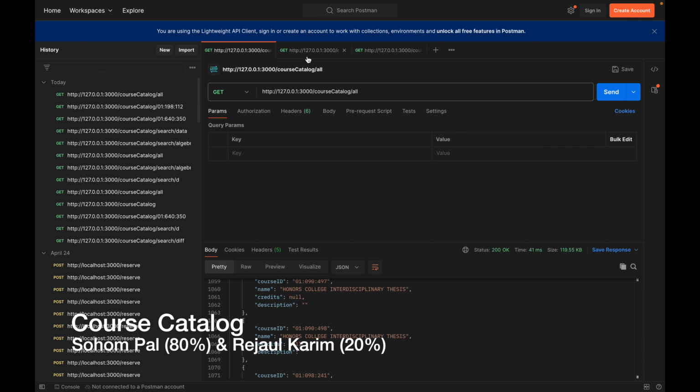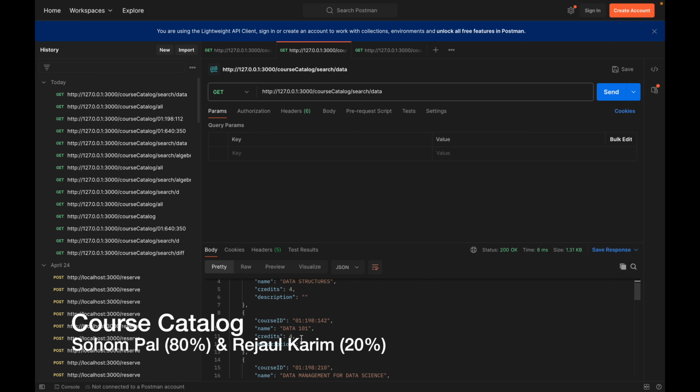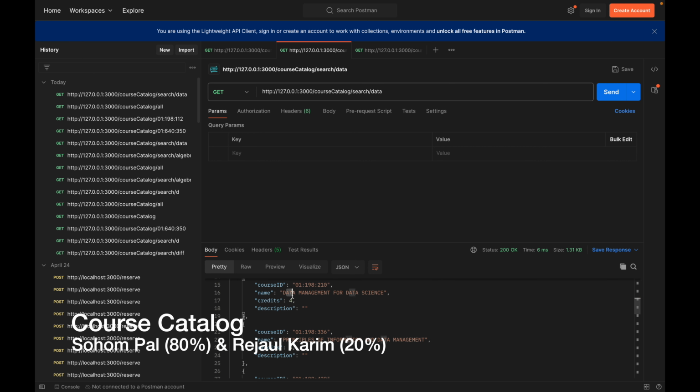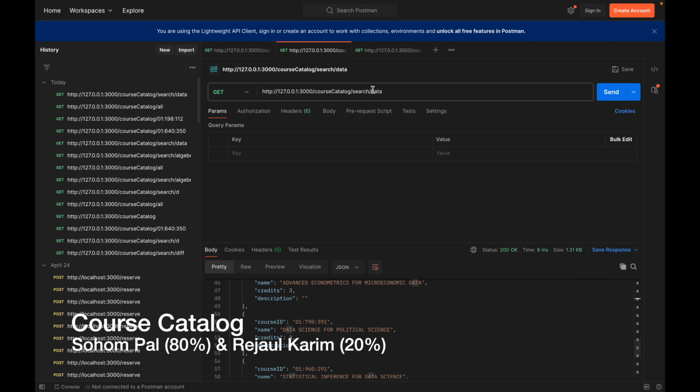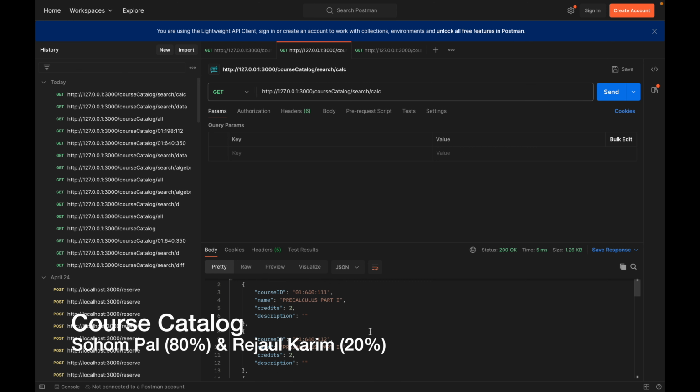You can search for more specific courses by narrowing it down. Here we can search for courses that have the word data in its name, and it returns all of the courses that have data somewhere within its name. You can do this for something such as calculus, and we now have all of the courses that have calc within its name. And we can also get more information about any specific course by simply putting the course ID